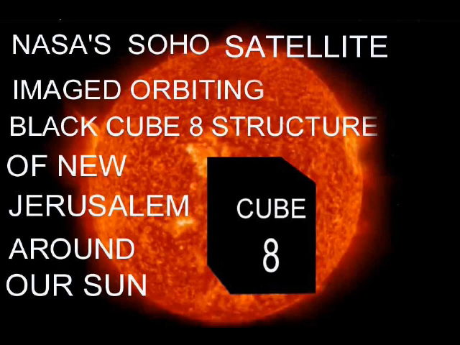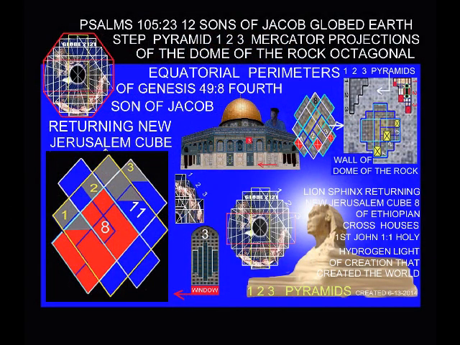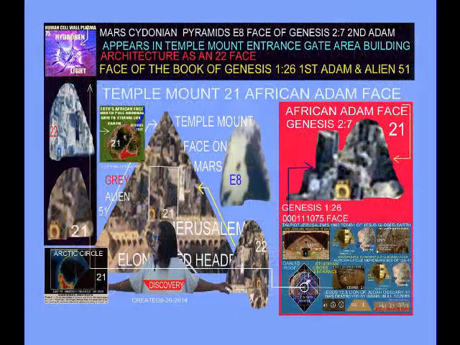In this particular video, we will be looking at the National Space Administration black cube orbit around our sun images. So when we look at this cube the size of Jupiter orbiting around our sun, there's only 3 ancient historical sites on Earth whose ancient architecture, building architecture, refers to the black orbiting Jupiter-sized cube structure in New Jerusalem around